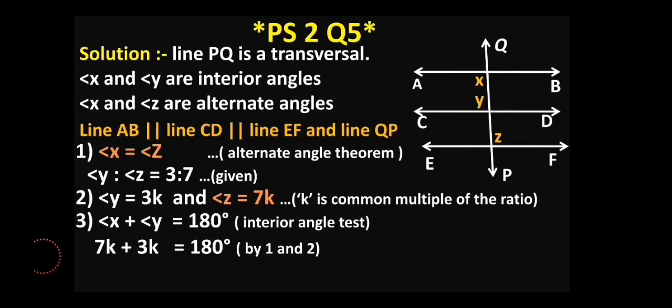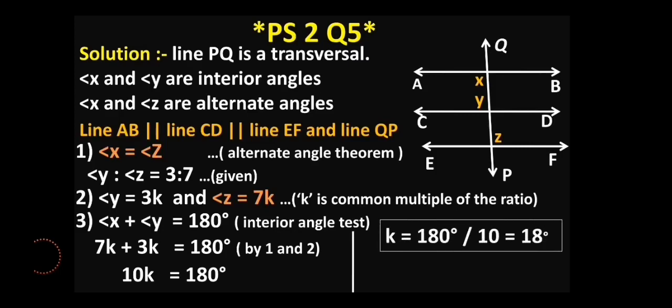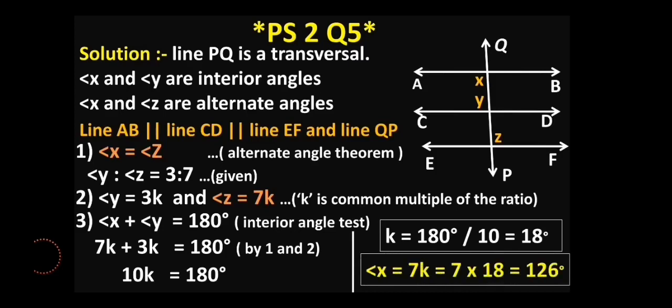And if you add the LHS, we get 7k plus 3k, what do you think? 10k square or 10k? Guess. Yes, 10k. So 10k equals 20 degree, and then with simple mathematics, the 10 will be shifted to the other side in the denominator for the division, and we get the answer 18 degree. The value of k is 18 degree now, and the question says find the value of x. For x we know the value is 7k, so we only need to find 7k. So angle x equals 7k, that is 18 into 7, and the answer is 126.